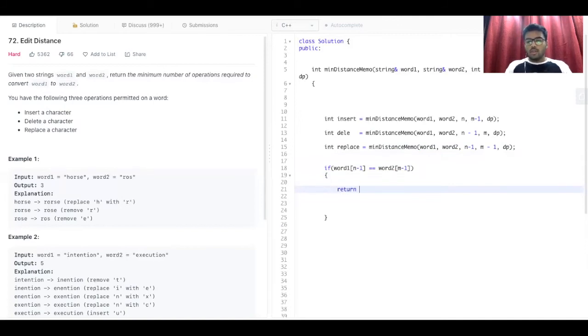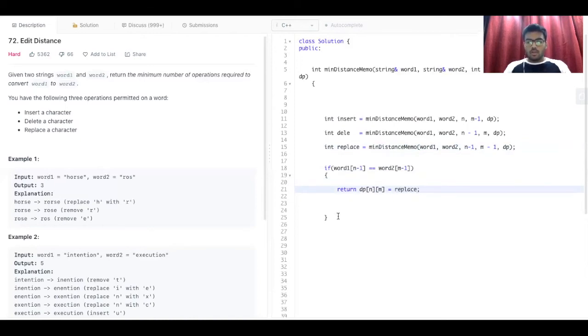For that, we have already defined a function which gives us the answer, replace. Because in replace, we are simply considering the particular character and moving ahead. So we'll do replace here.